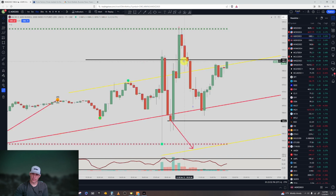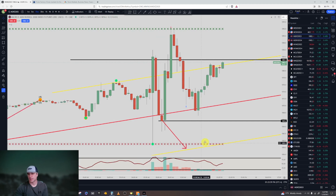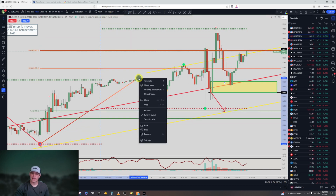So when it hits the yellow line going the opposite way right here, that's where it signals, okay, we need to move the exit closer to where the entry is and not to where it is down here. So instead of me just guesstimating where I think the exit should be, which I have been doing, I said, what if there's a better, more concrete way to do it? So what I've been looking at is having